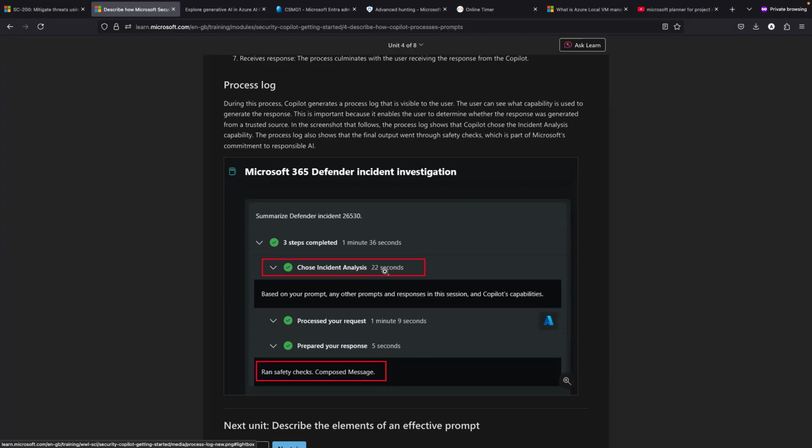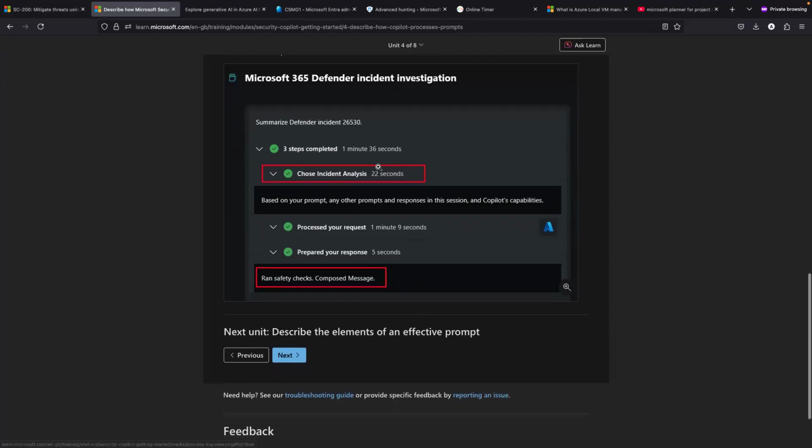It chose the incident, found the incidents within 26 seconds, processed the request within 1 minute 9 seconds, and prepared the response within 5 seconds, basically. So if you give me, or anyone, a task of analyzing an incident within 2 minutes, I think that will not be possible. Before you click and it even loads on your page, before you start taking notes and thinking, I think 10 minutes is gone. So it's just not possible for anybody to do this, we all know, within that time